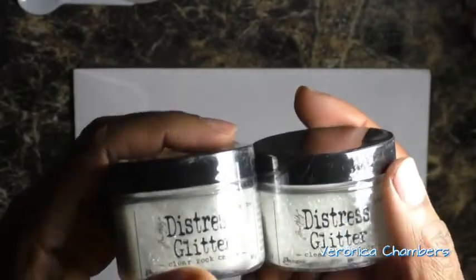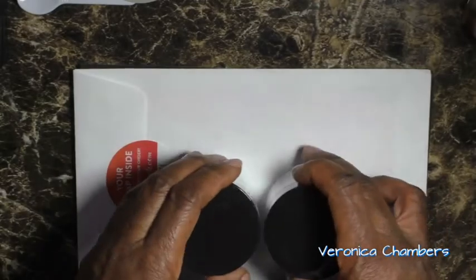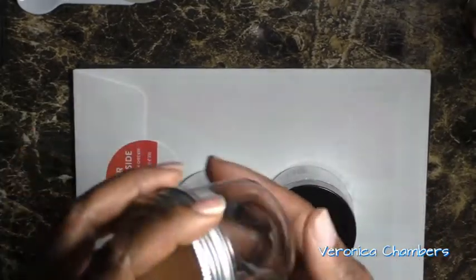If you want to see Tim make it up, just go to any of his videos or anyone on YouTube doing it and you can find it. Now, for storage ideas for that, this is a tin that came from Michael's